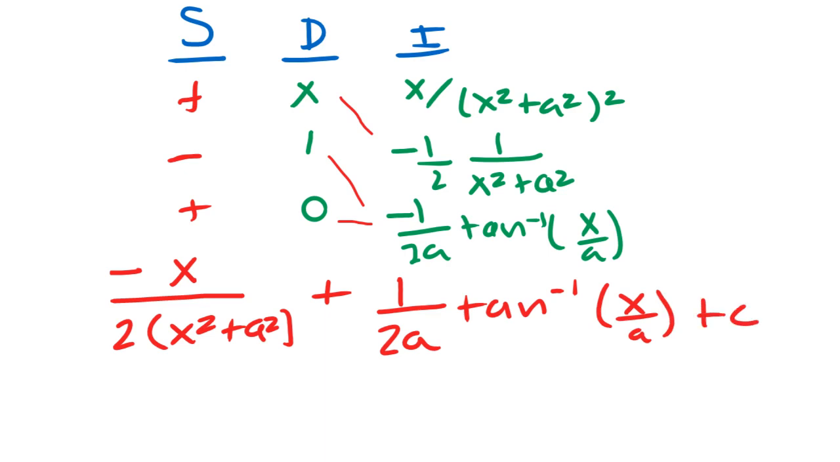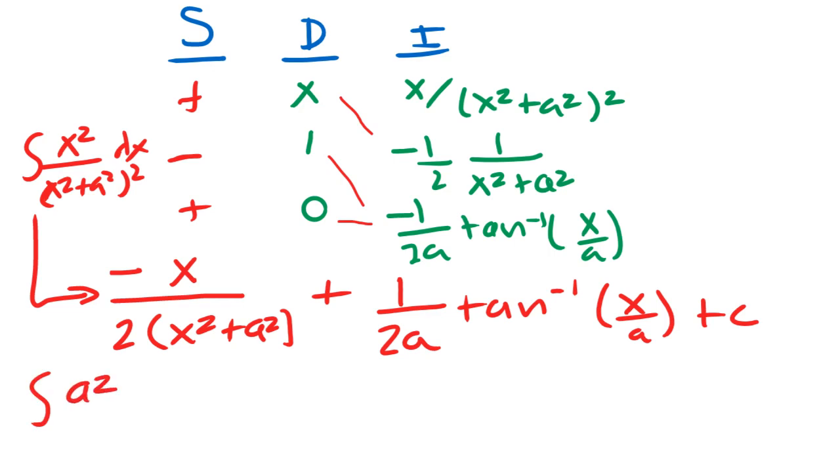But what did this represent? This actually just represented the integral of x squared over, let me write it over here, x squared over (x squared plus a squared) squared, and then it's going to be dx. So this actually is equivalent to that. But it doesn't solve our original question, does it? Because our original question was a squared over (x squared plus a squared) squared